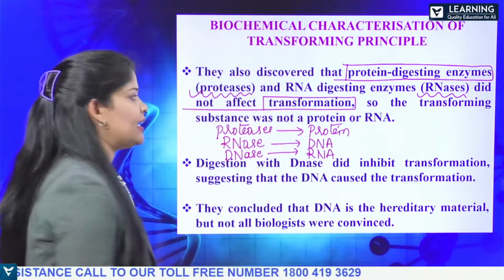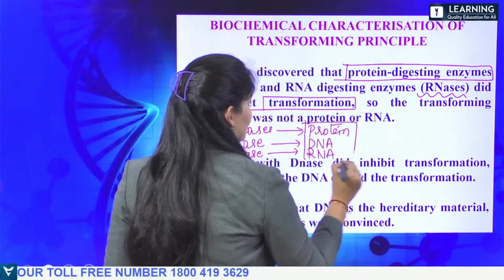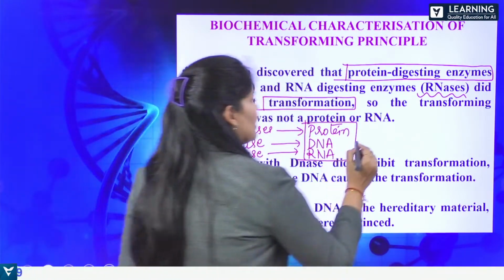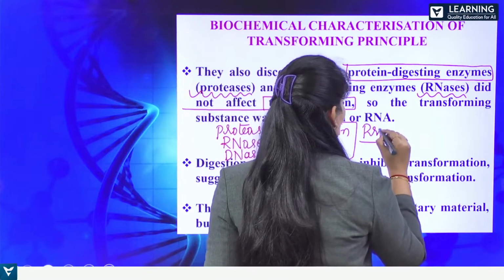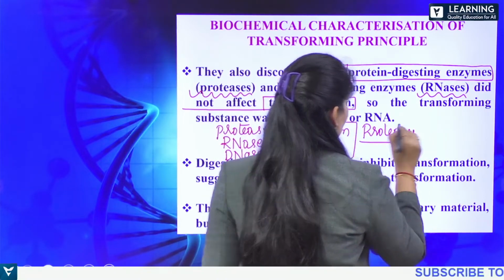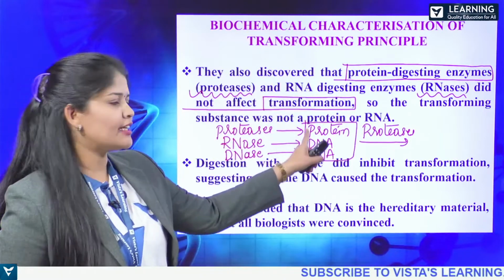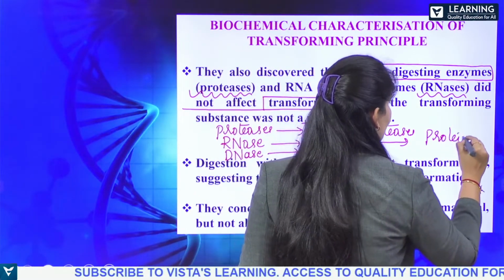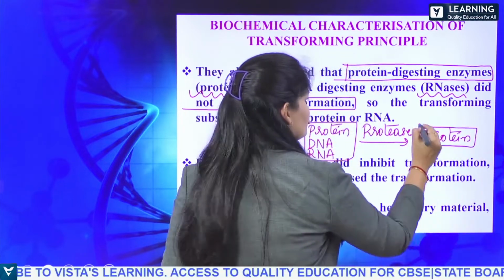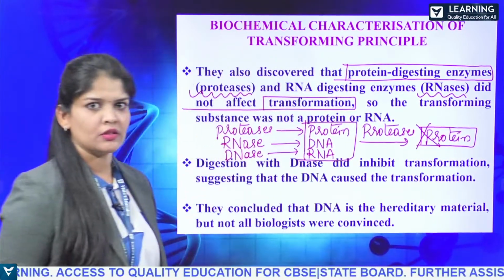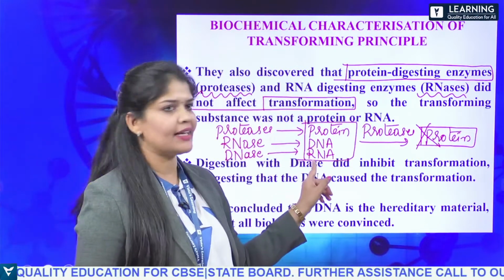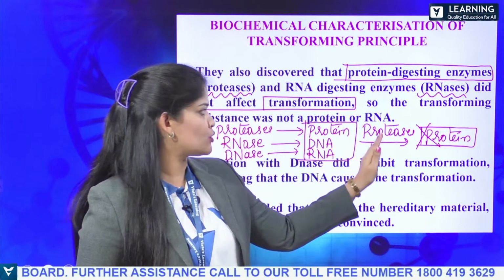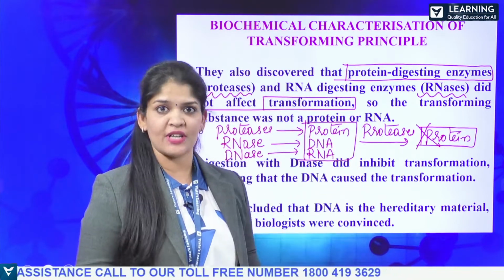So, in a mixture, they have taken protein, DNA, RNA. Then they added proteases, right? If the proteases was added to this mixture, proteins are going to break down. What are the molecules left out? DNA and RNA. When the protein, DNA, RNA mixture is subjected to the proteases and proceeds to the transformation